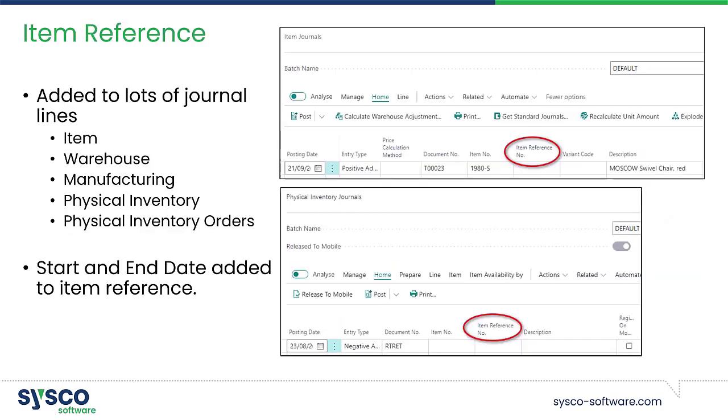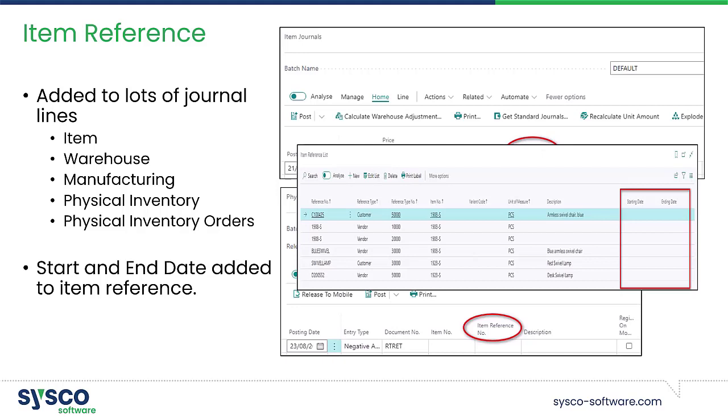Item reference is added now to lots of journal lines, so you can see the list there where you've got your item, warehouse, manufacturing and physical inventory journals, so it's all available there. But the one feature I do like now is that there's a start and end date added onto the item reference table. Now certainly over the years that I've been a consultant, we've had to add that a couple of